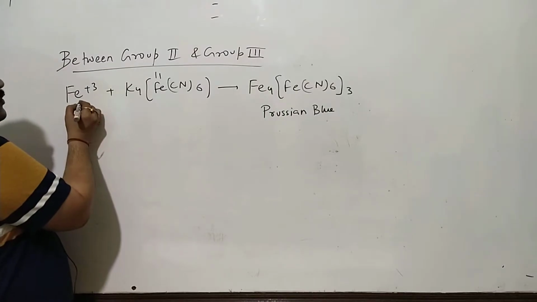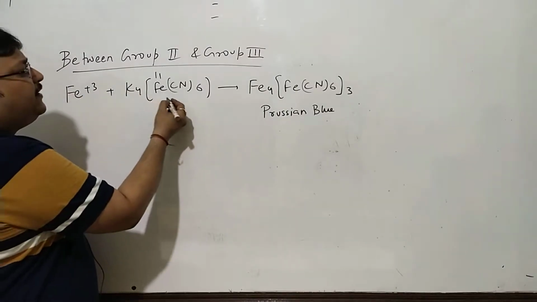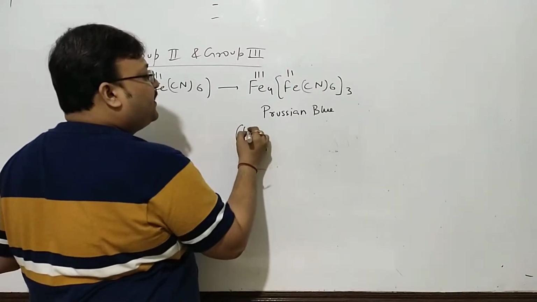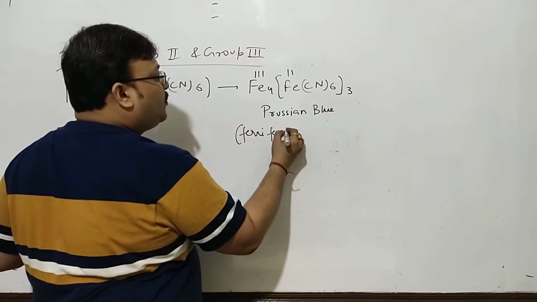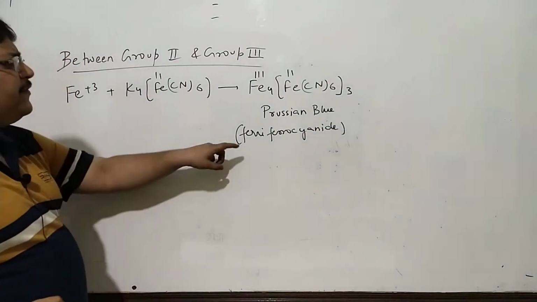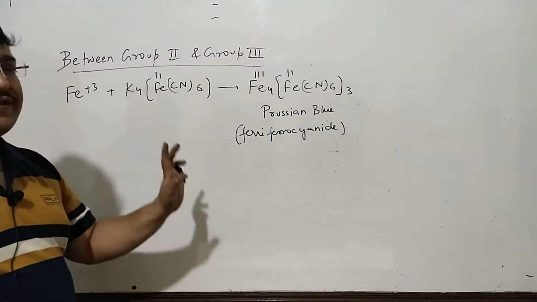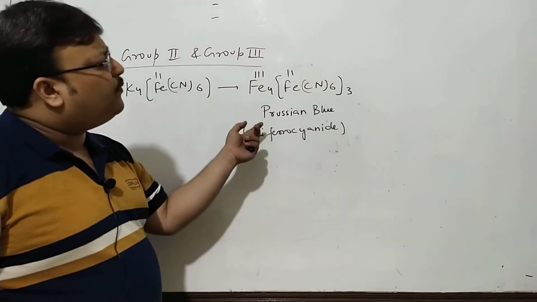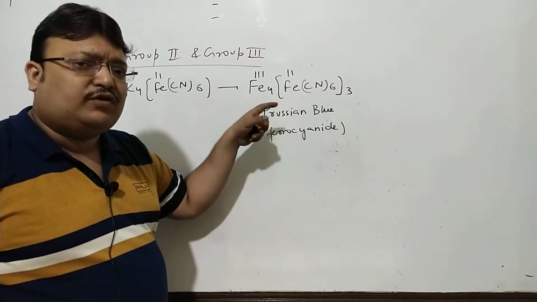Now because it's from the combination of ferri and ferrocyanide, Prussian blue is also popularly called ferriferrocyanide, because it's coming from the combination of ferric ions and ferrocyanide. Remember the name Prussian blue. I'm giving you the old formula to begin with because so many times this is also relevant.